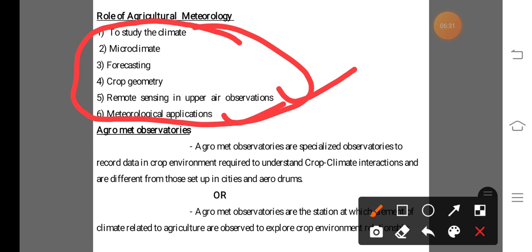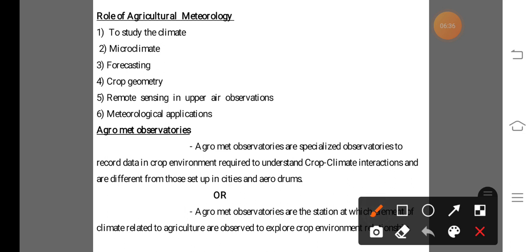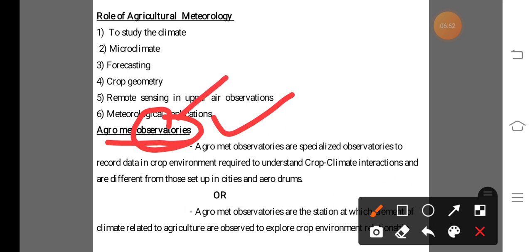So this is about the role of agricultural meteorology. Now the next: what is meant by an Agromet observatory, or agrometeorological observatory? Here, Agromet observatory means it is the observatory situated or installed at any city or any area,